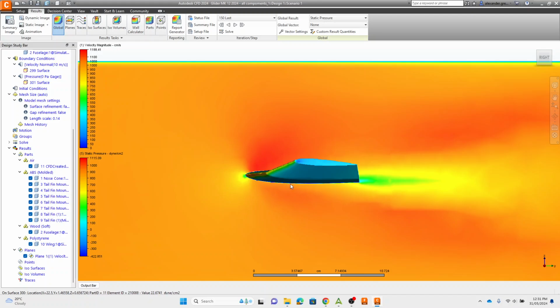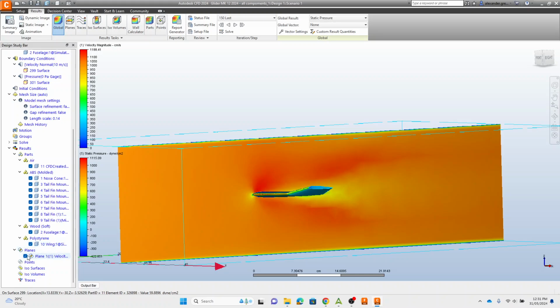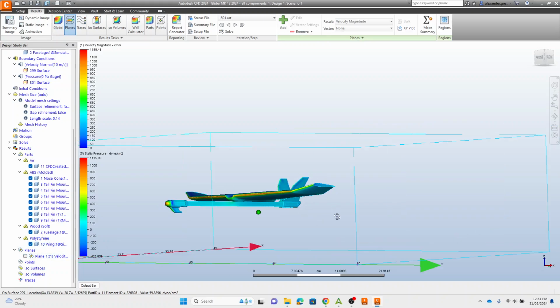Some adaptations I might want to make from here, depending on my results, is maybe changing this angle of attack up by 1 or 2 degrees. Okay, all right, so what I'm going to do next is turn off planes, and I'm going to show you